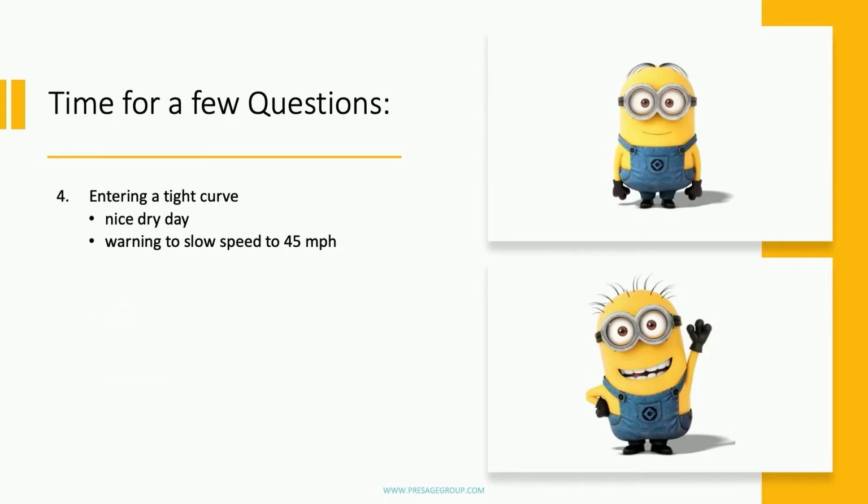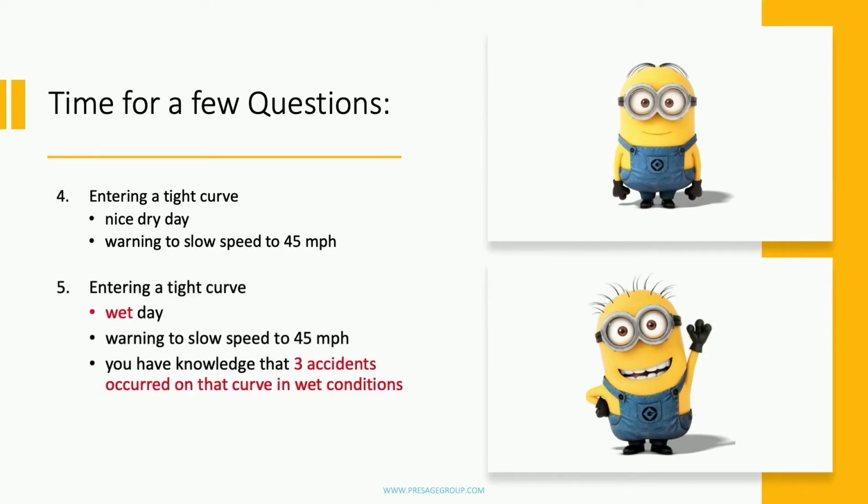Nobody, okay. Same curve, it's a wet day, warning to slow to 45 miles an hour, and you have knowledge that 3 accidents occurred on that curve in wet conditions. Who's going to slow to 45? Okay. So, except for number 3,